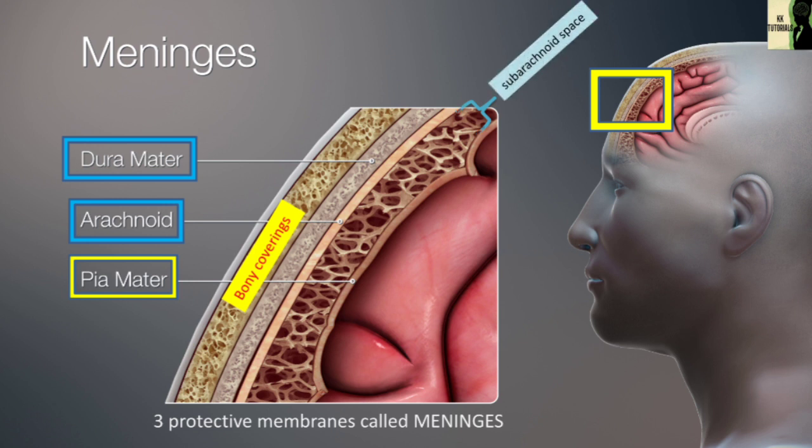In this region, a large number of fine filaments called arachnoid trabeculae are present. It is separated from the pia mater below by a narrow subarachnoid space filled with CSF, that is cerebrospinal fluid. Pia mater is the innermost delicate highly vascular membrane that lies in close contact with CNS. If you want to learn more about meninges, then you will find its video link in the top I button as well as in description.